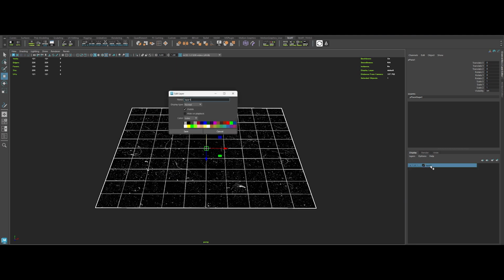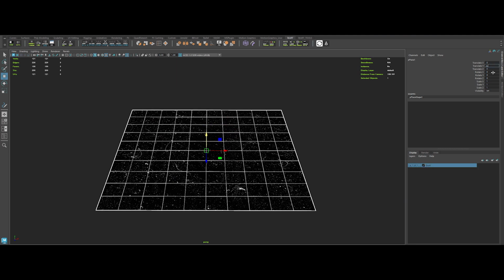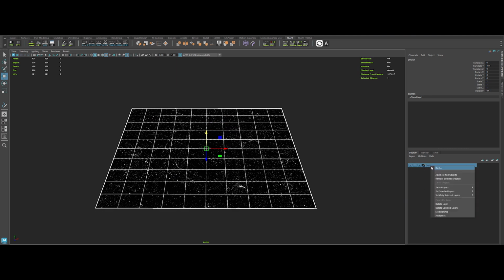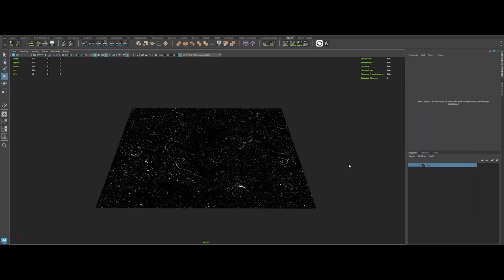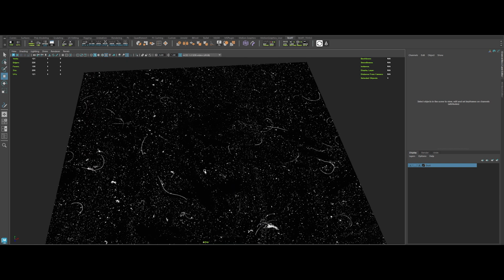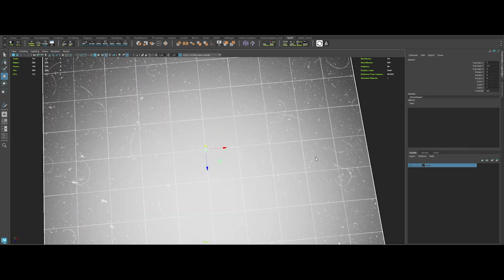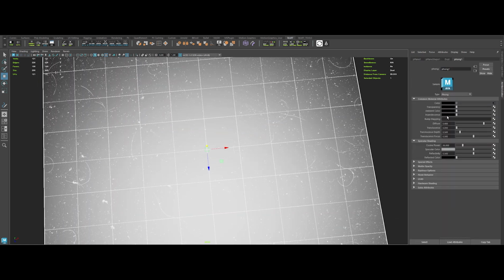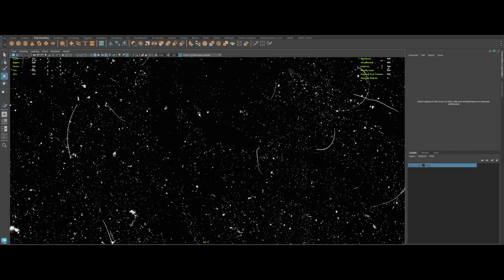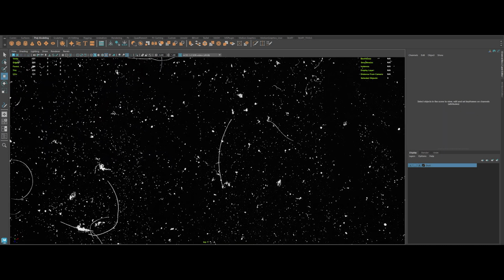Quick tip, create a display layer and toss the plane in there. This locks it down, so we can model on top without accidentally moving it. Oh, and ditch the specular color in the shader. We don't want that glare messing with us. Switch to the top view and let's sketch out some air fibers.